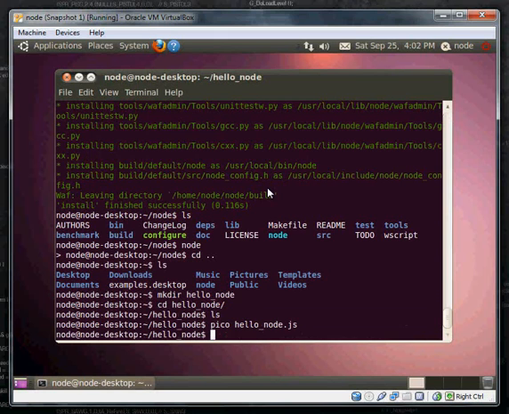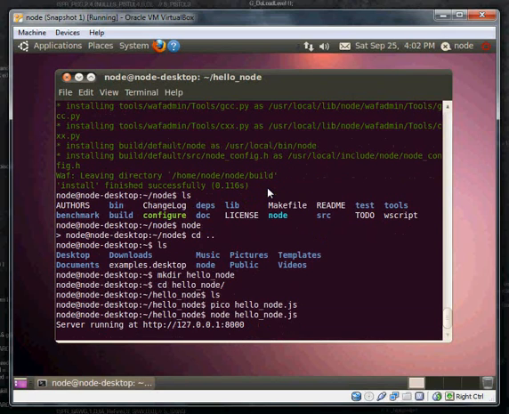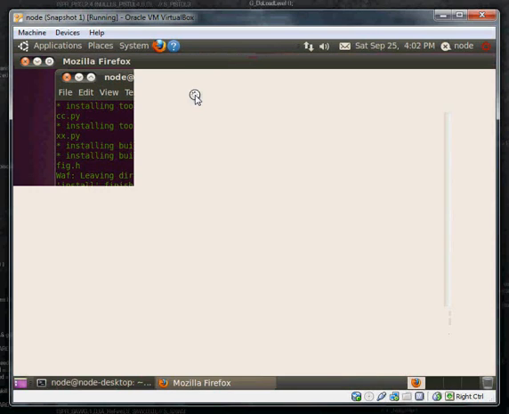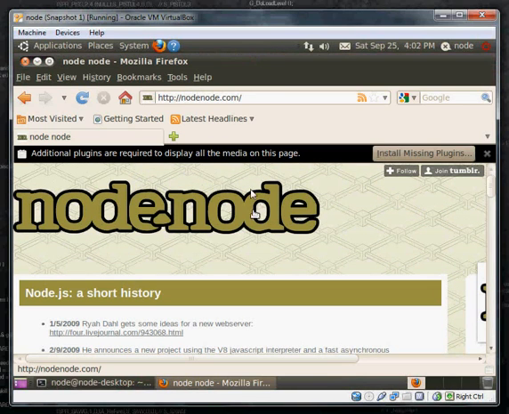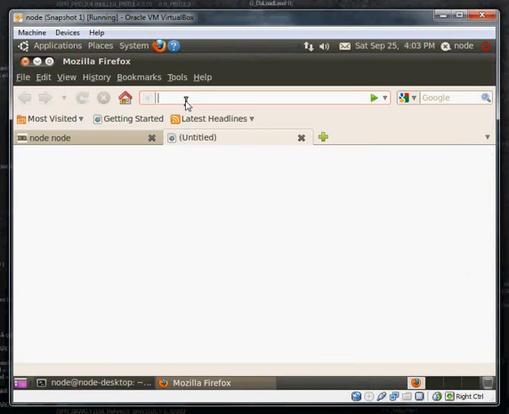We should be able to run it by just saying node hello-node.js, and there we go. So we know it's running, and now it's tested. So we'll open up Firefox, and we'll type in 127.0.0.1 with 8000 as the port, and there we go. So you see that Node's installed, working, and we get a response from port 8000 that says the message